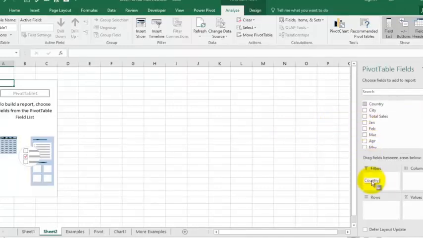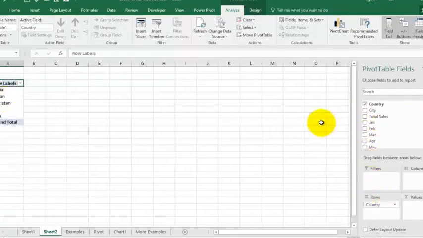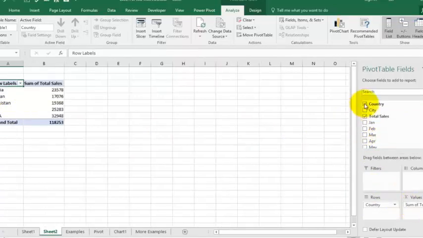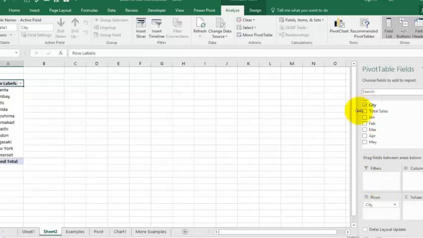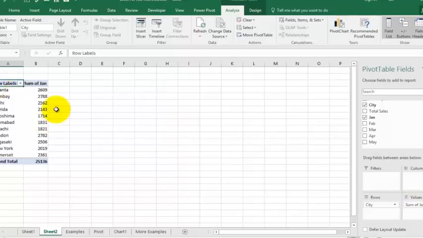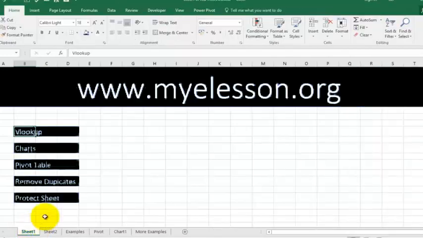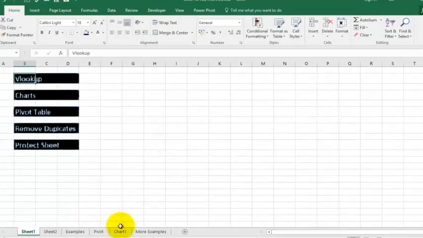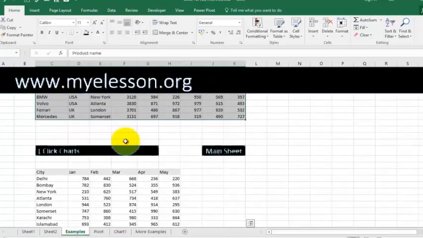So if I want to find out the sales country wise for these cars, then I just put the countries in the rows and the values, where the numbers should go, always in values. So you are able to find how many sales happened in India, Japan, Pakistan, UK. You can simply find it for cities, see, and say for January. See, immediately in 2 minutes you were able to get this data. For more details on pivot table, go to mylesson.org, learn more about pivot tables, and then we will learn about